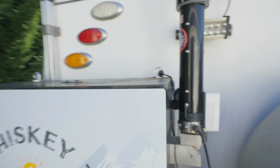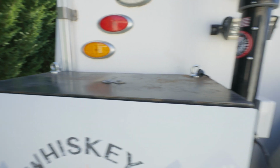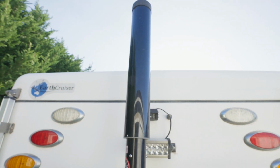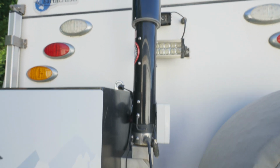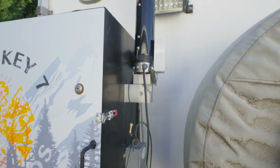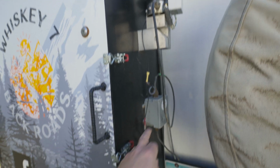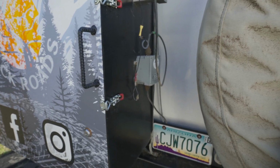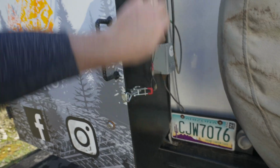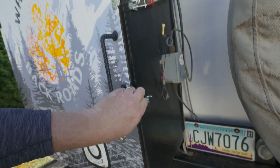So we have a couple of eye bolts on the top for suspending things. This is my ham radio antenna. I'm going to do a thorough review and video on that coming up, but that is on a bracket that is attached to the box, and this is some of the wiring that goes with it and coax. And probably the most important part, open this back up,